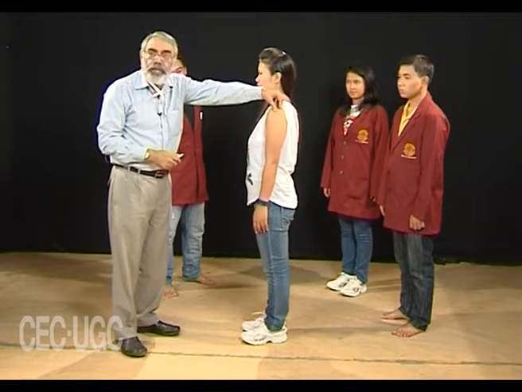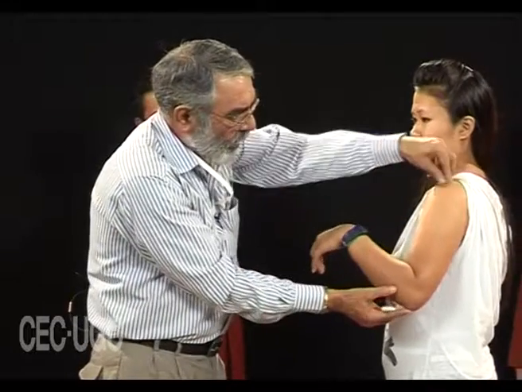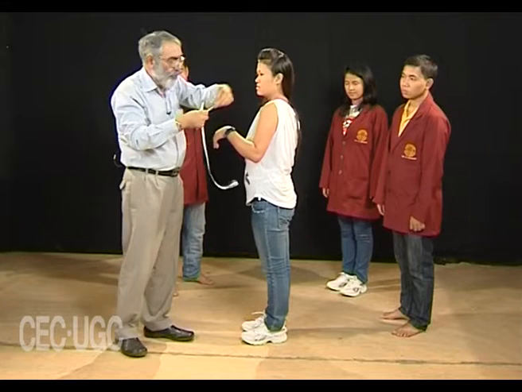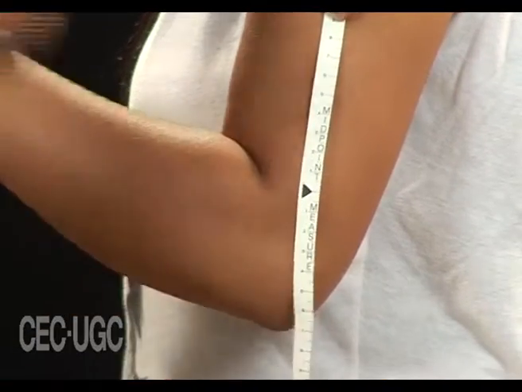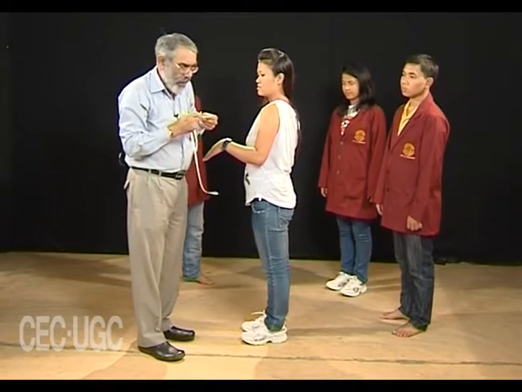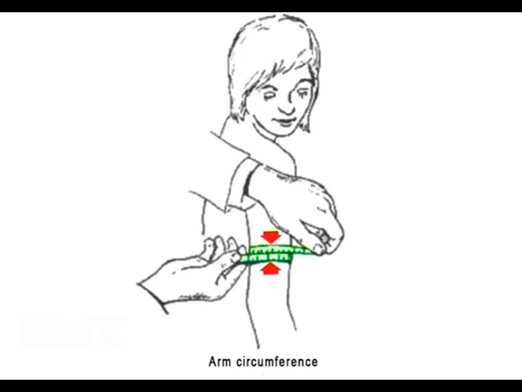Next measurement is upper arm circumference. The upper arm circumference is taken midway between the acromion process, which is located here when we were taking the shoulder breadth, and the elbow tip. We take these two points into consideration and mark the midway position here. The midway comes around this point. Put a small mark here, and then we place the tape around this position,